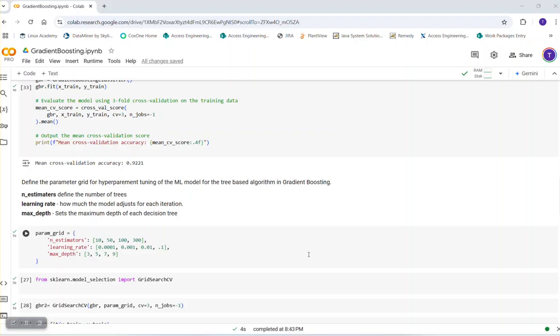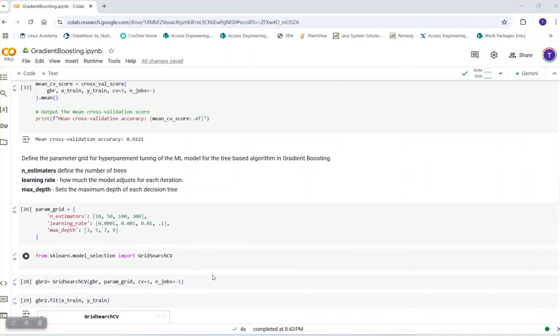So each time it passes through, what is the learning rate for each one? Here we've got 0.0001, 0.001, and then it increases from there. You can pretty much pick what you like in terms of preference, and these were the values that I selected for this. And then the last one is the max depth, which sets the maximum depth for each decision